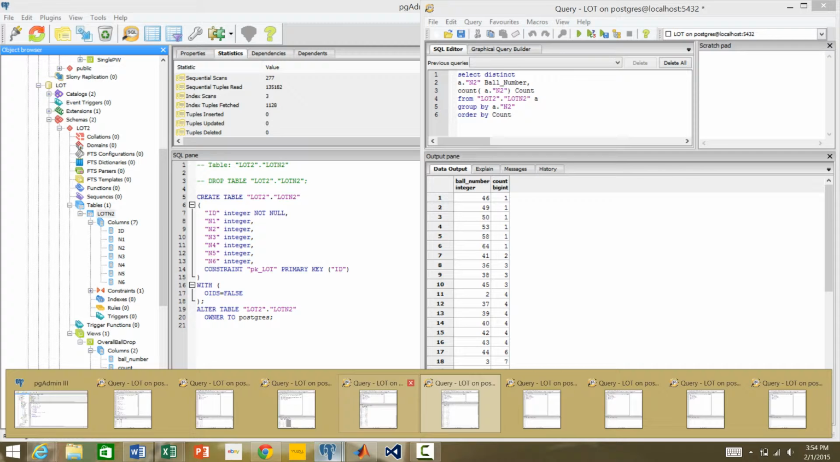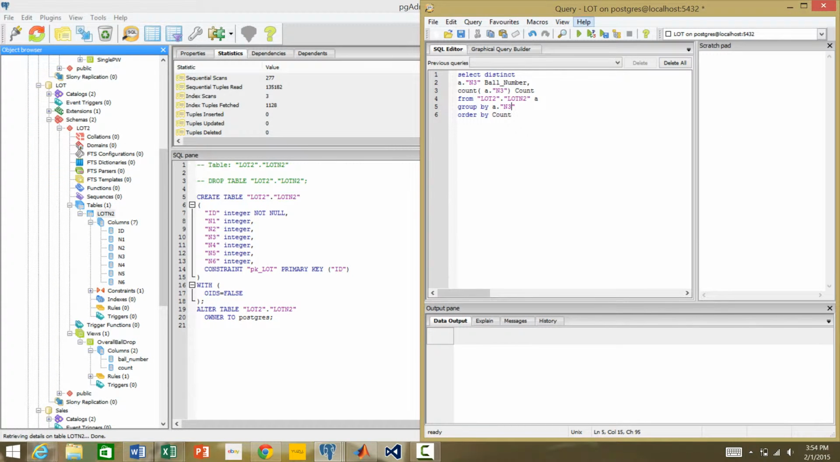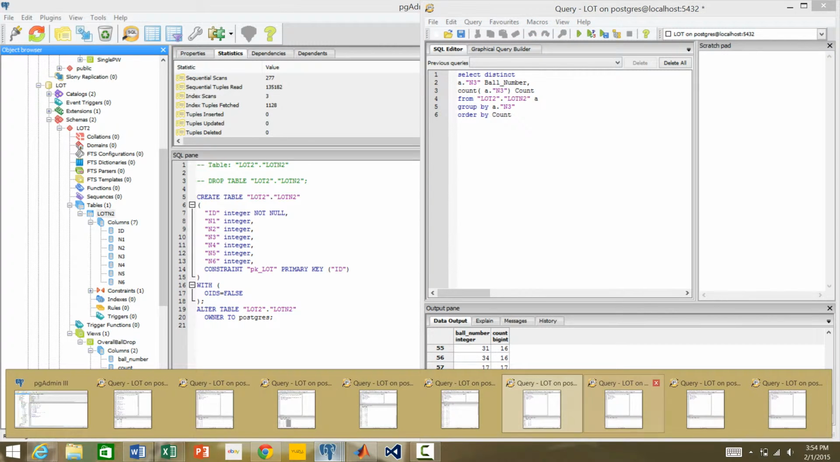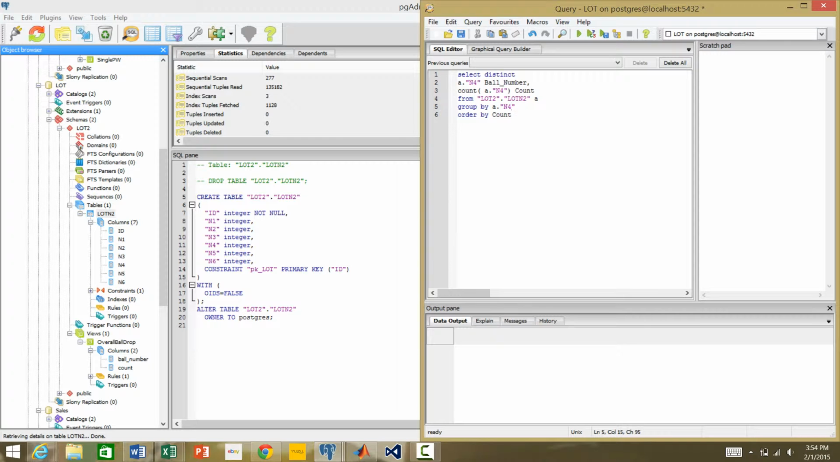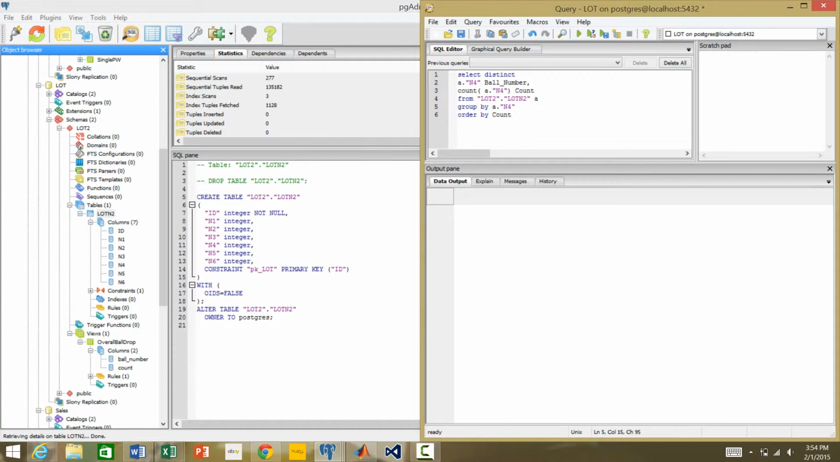Now we can do that again with N3, and we see that 24 comes up 23 times. So again, less than 2. 2 is still by far our highest frequency, but 24 would be a safe number to guess as your third ball. Now we can try N4, and when we run this,